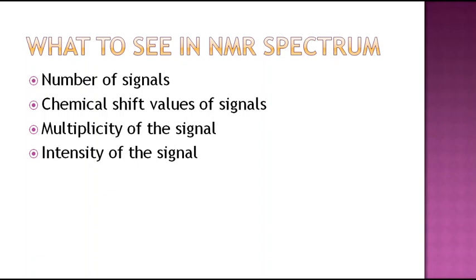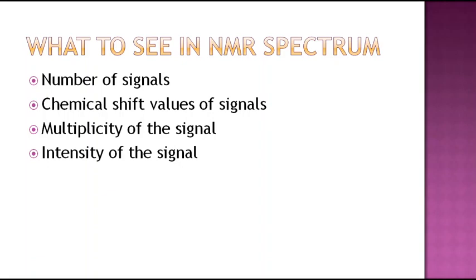And secondly, what is the chemical shift value of each signal? If there are 4 signals, what is the chemical shift value of each, all the 4 signals? And what is the signal? Are all the 4 singlets, or is one a triplet, one a singlet, another a doublet, another a quadruplet, like that? You have to see the multiplicity of the signal, and you also have to see the intensity of